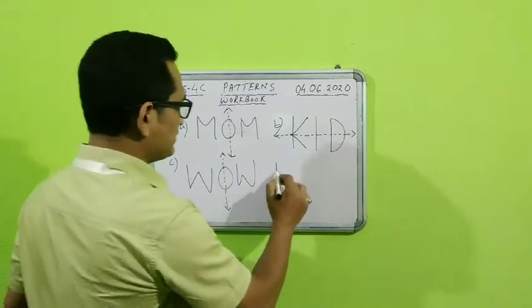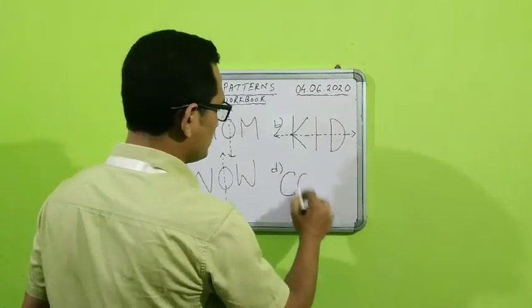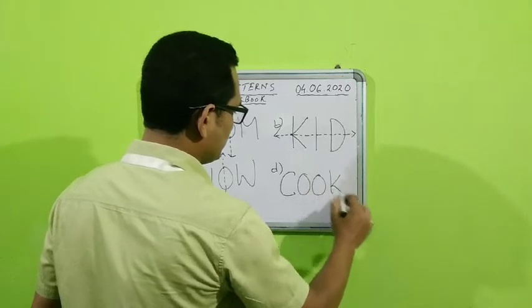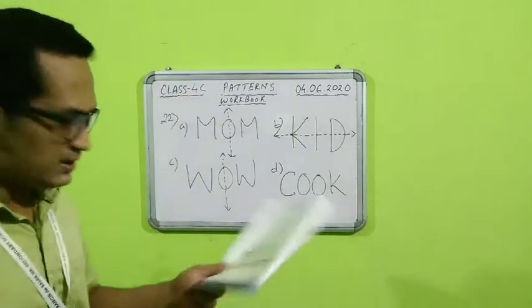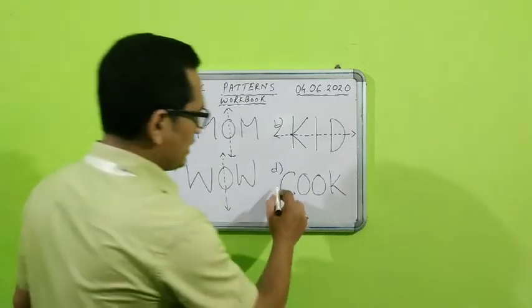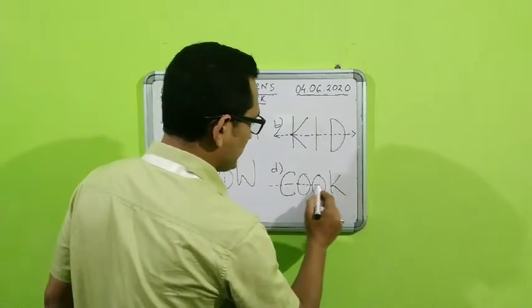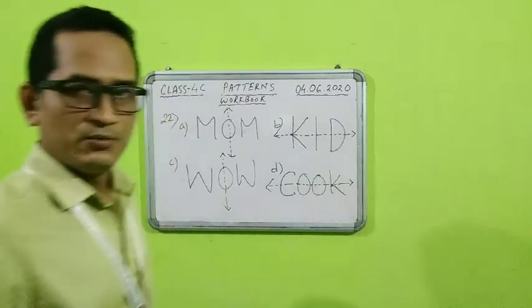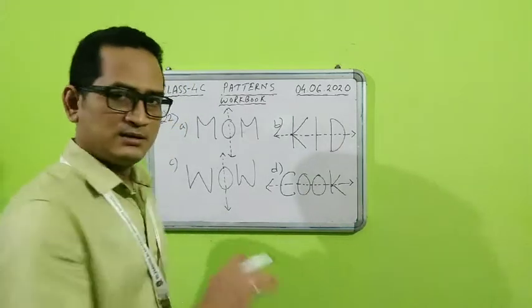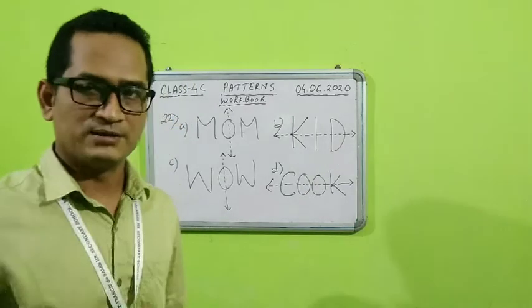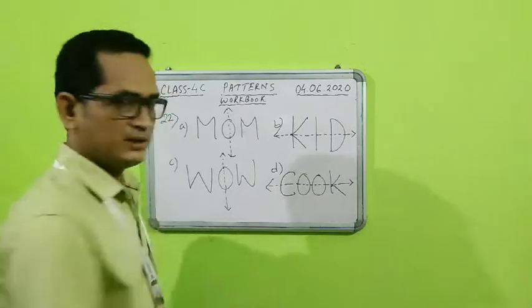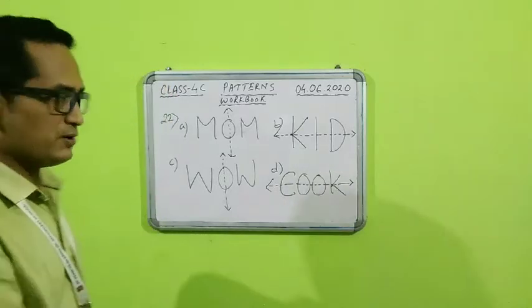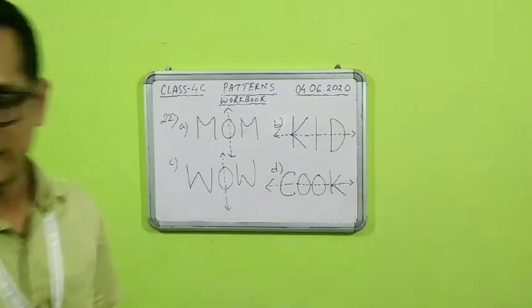And finally the last one, that is cook. So C, O, and K. Now students, if you see this word cook, here also I have to draw the line of symmetry horizontally, because for C, O, and K, we can draw the line of symmetry horizontally for all of these letters. Fine, so that way this will be the answer. So please note it down, you can pause and note down this answer.